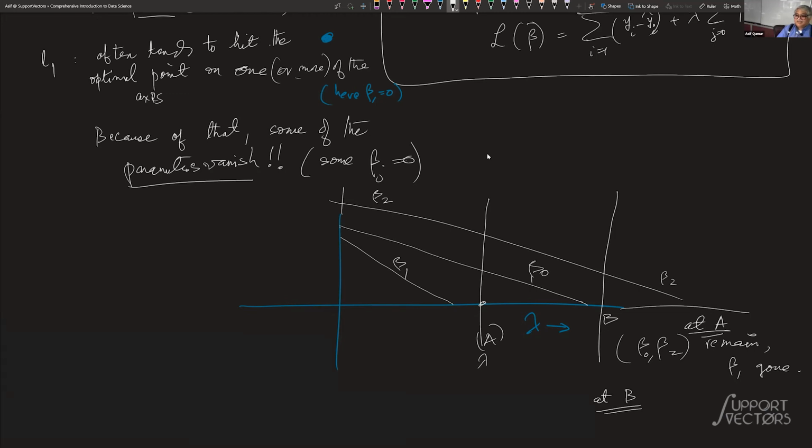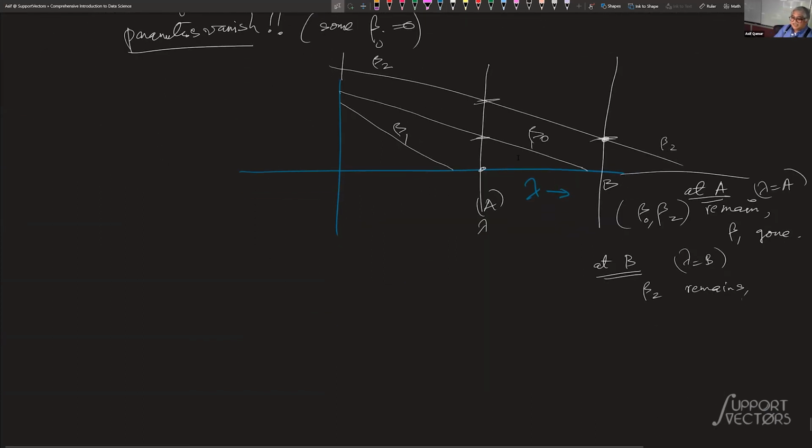if B is the value of lambda, what happens? How many of them remain? Only beta 2 remains. Beta 2 still has this value, so these values are still present. What about beta naught and beta 1? They drop out, exactly. Beta naught and beta 1 are dropped off. So what happens is, and this is the risk with Lasso regularization,